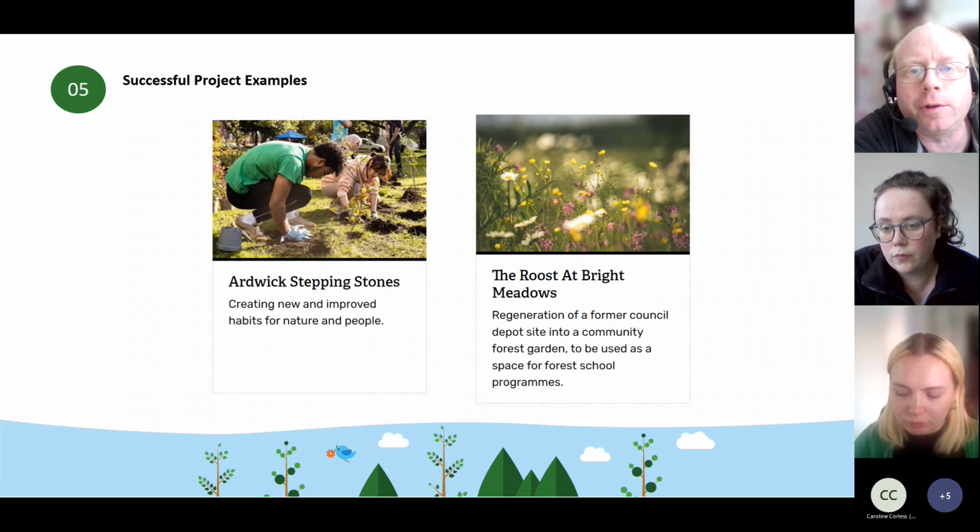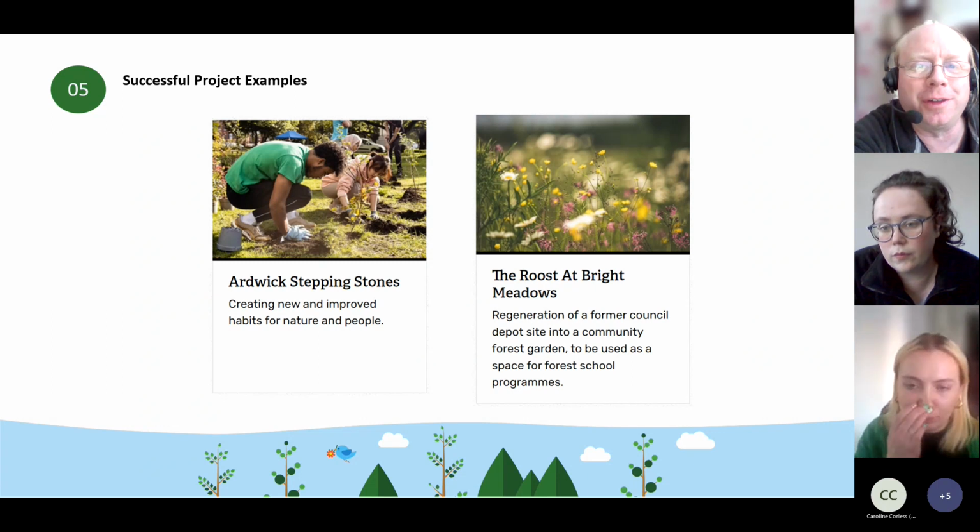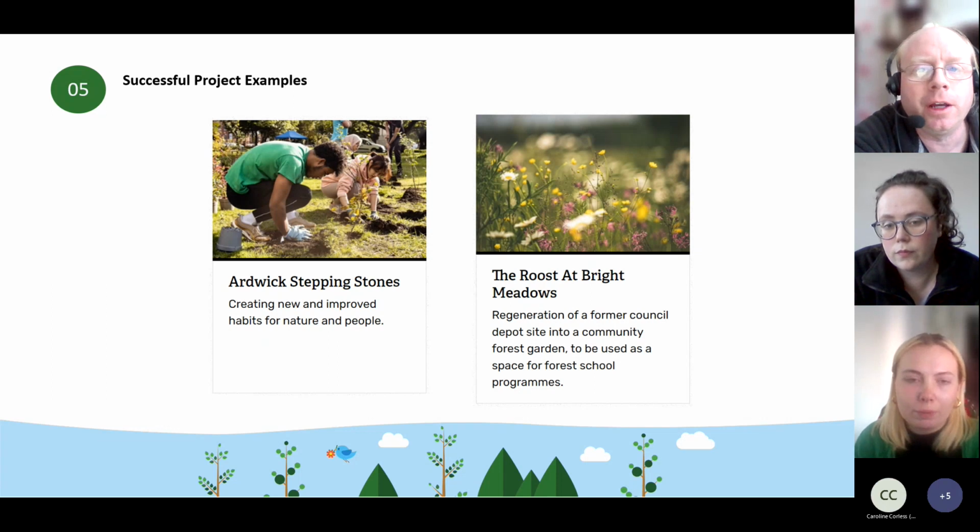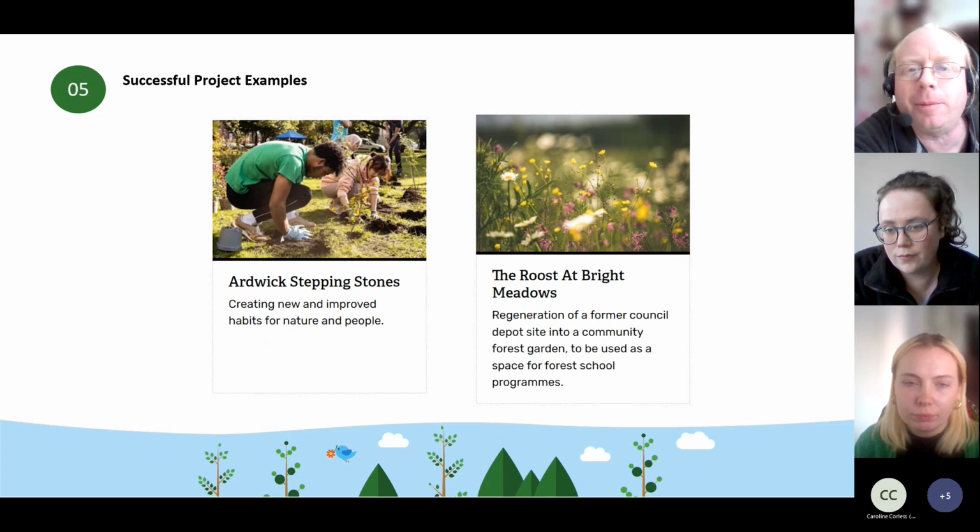Whereas if you were on a nature reserve like the one I talked about, to improve that further for biodiversity, you've got to do a lot more action. The scale's different in terms of the work you do. So it's not just scale in terms of the size of what you're doing, the amount of work you do. I think it's scale appropriate to what your starting point is. And when these grants get scored, the panel that score them will take that into account. They're not expecting you to do everything if you're starting from a small space and it's a blank canvas. This is something you do in steps and stages, so don't be frightened about it.